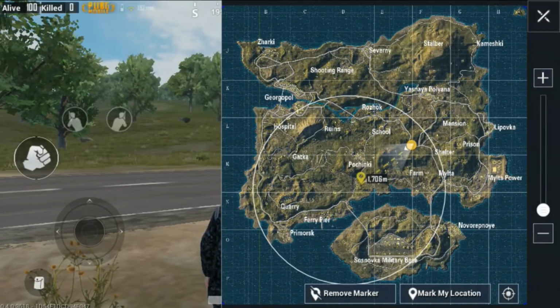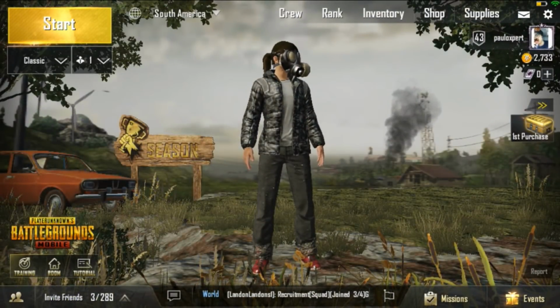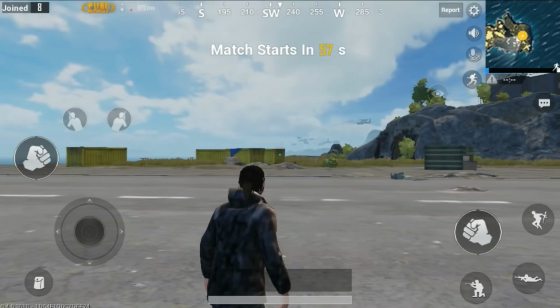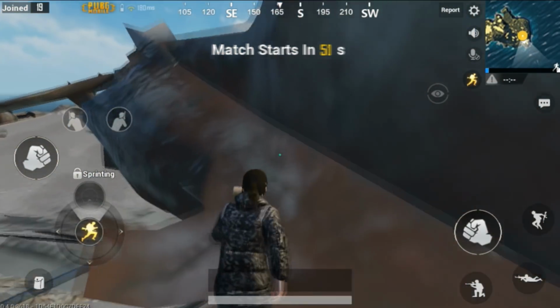So I'll hop off this game just to show you guys the gliding, how far the gliding one gets you. Exit, please. There we go. Okay, so we're gonna try this again. Hop on another game. And we'll do the gliding technique this time, so you guys know how much it really helps. I've been using it and it really does help